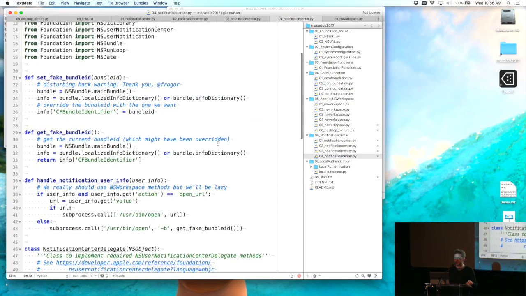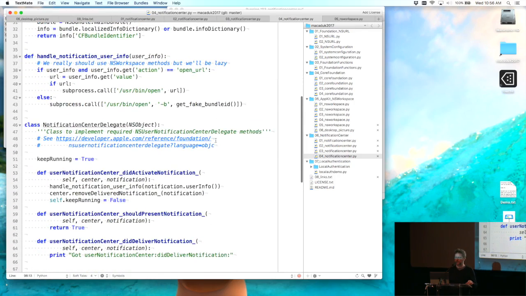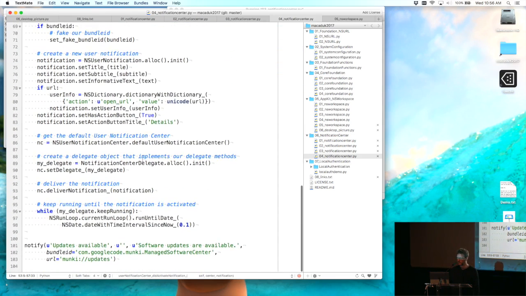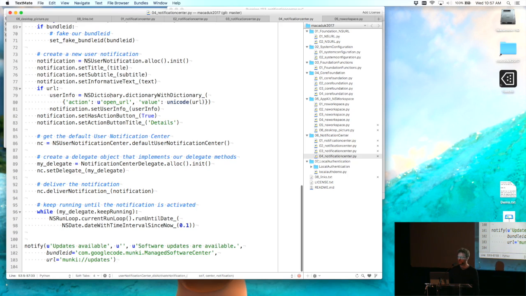And the key thing that is different there is that when we get that notification or message that somebody has clicked on our application, instead of just opening it, we can open a URL. And since Managed Software Center knows how to respond to certain URLs, that URL can simply be,